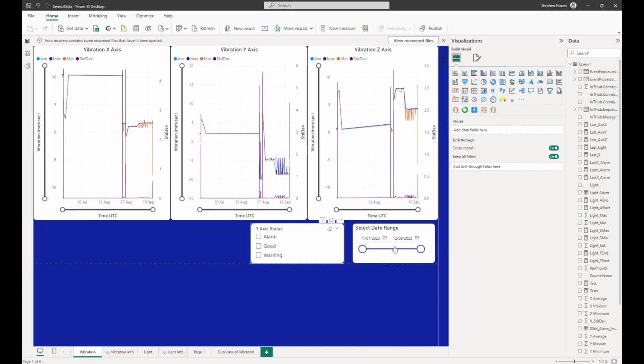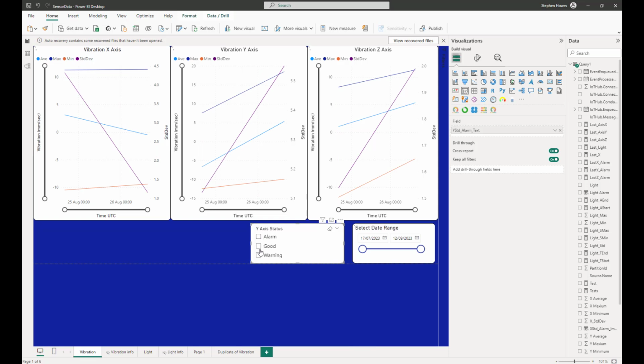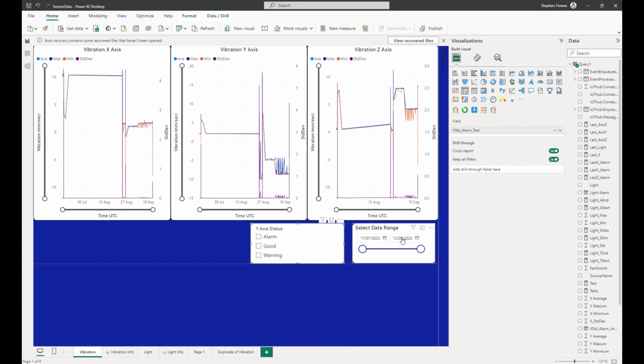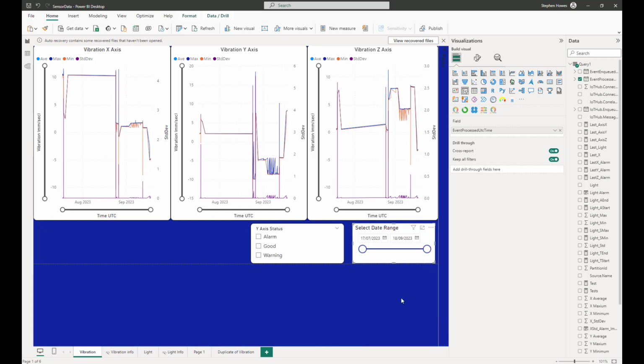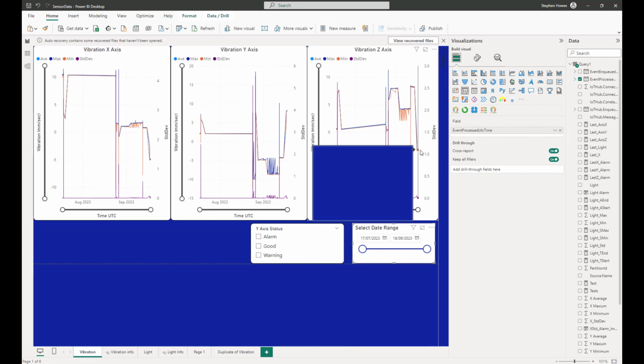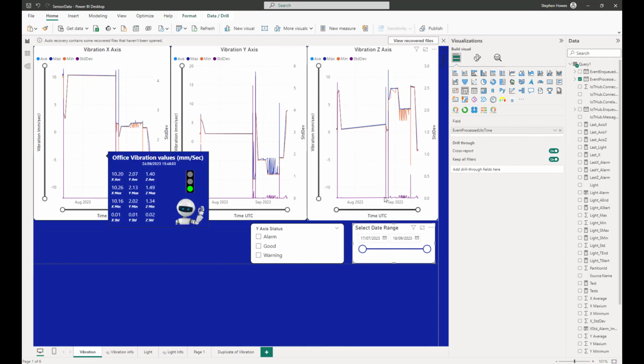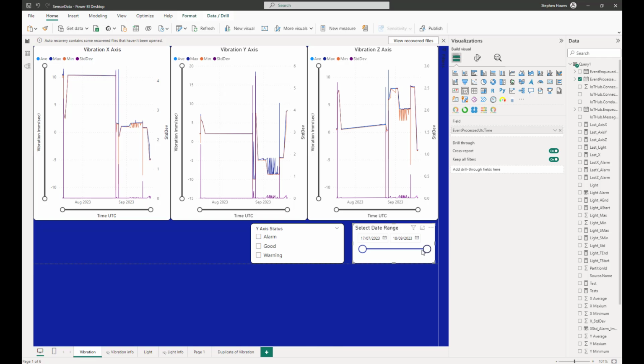last value. Now on this page we have two filters, one for the alarm conditions for each one of those axes, and then we have a time. So we'll put this on the current date, and we can see here that this is always our last value. But don't forget, this doesn't auto refresh by standard, so we need to have a look at moving this date